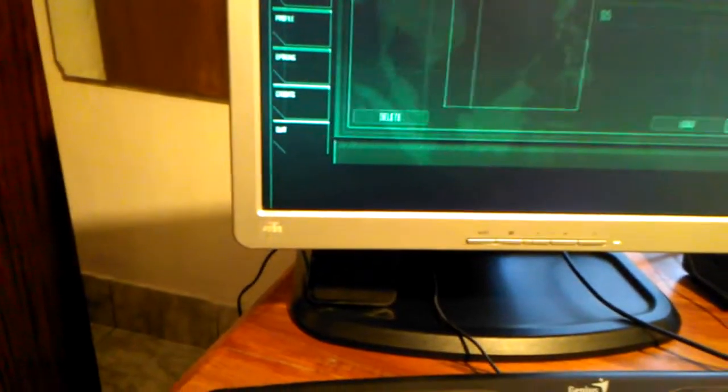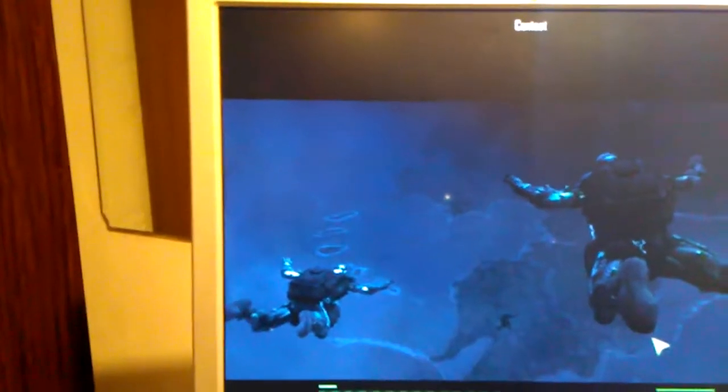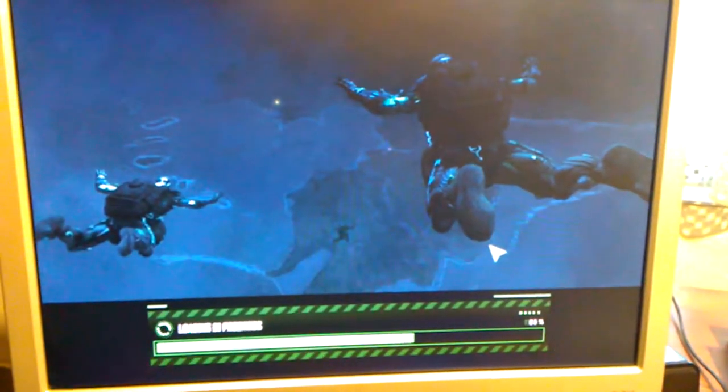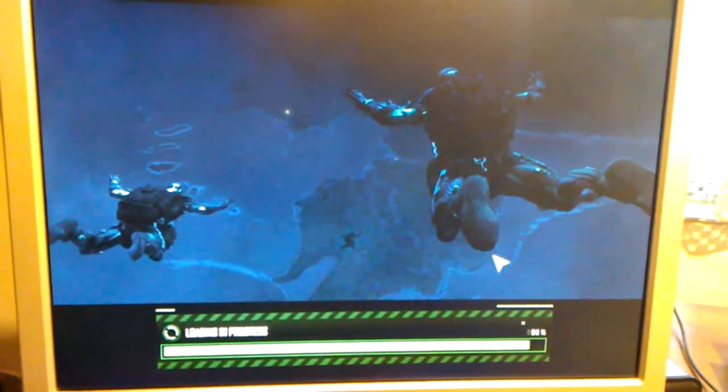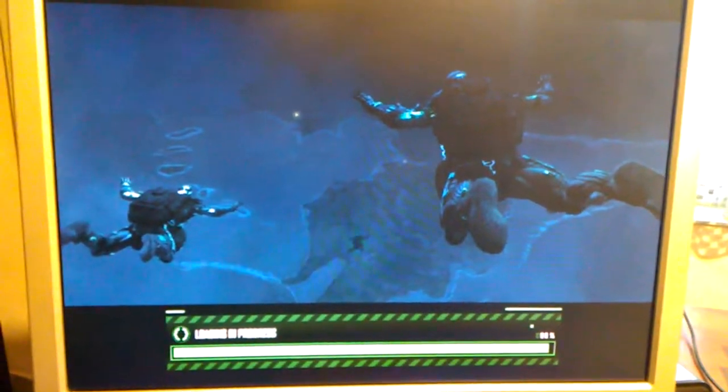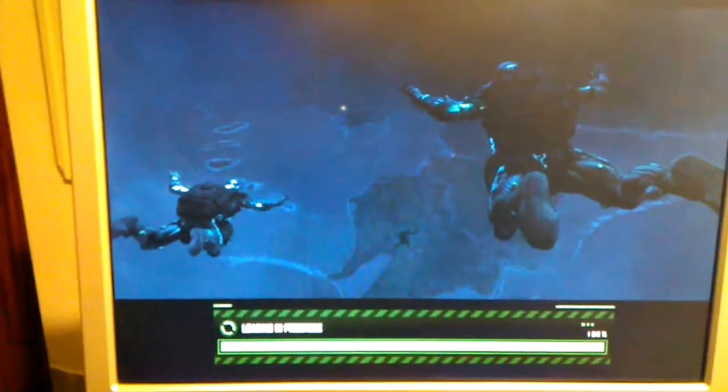So single player, and I have a fixed game state to check how everything works. It's loading pretty fast. We have 3 gigabytes of DDR1 memory, dual channel, and Crysis should give us around 44 FPS in this situation. Sometimes it drops, and in other cases it could be around 60 as well. So let's say our display info